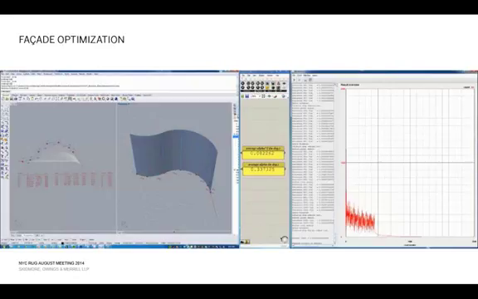But then the question is, well, this is in Rhino right now, right? So how do we get it somewhere else? And this is where the part that